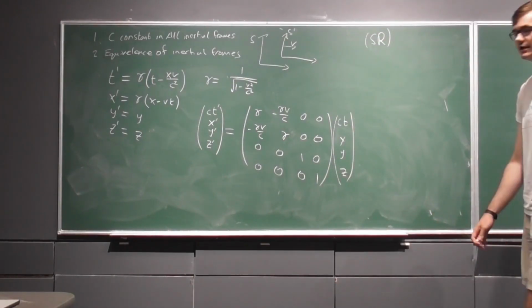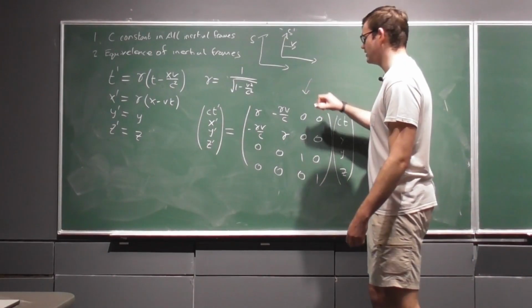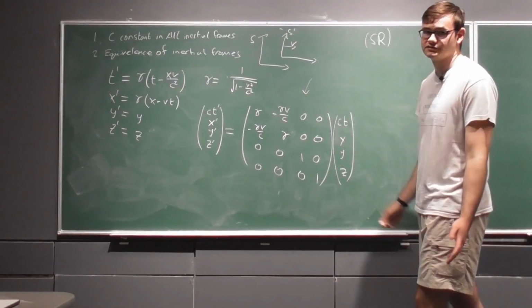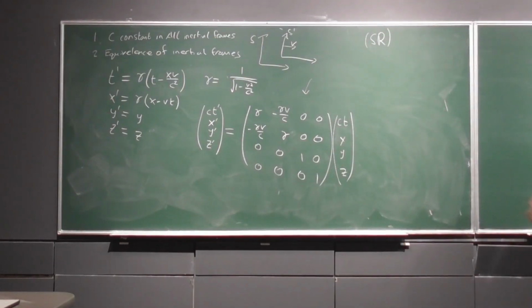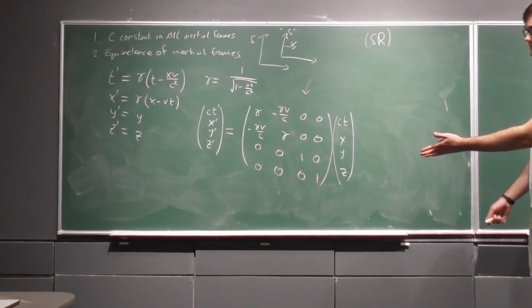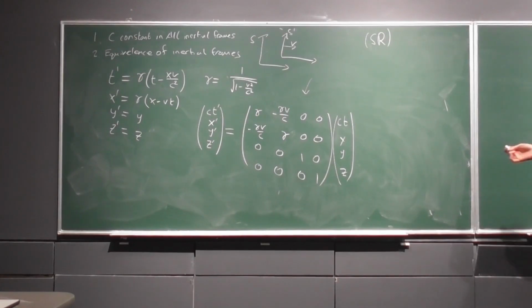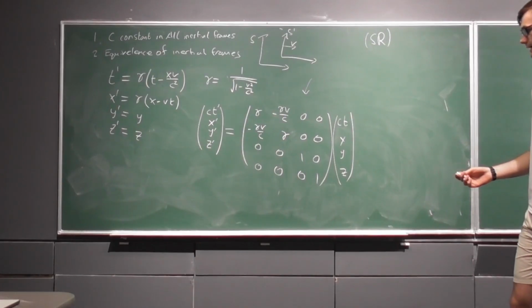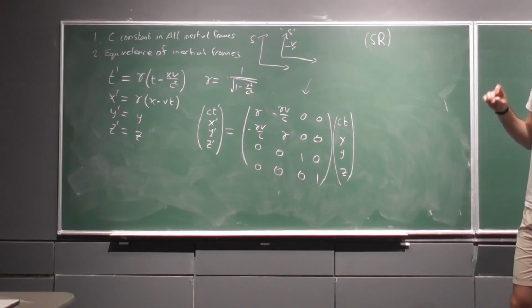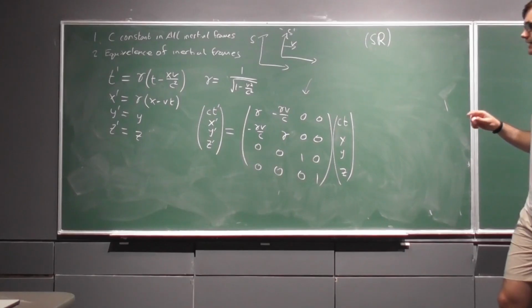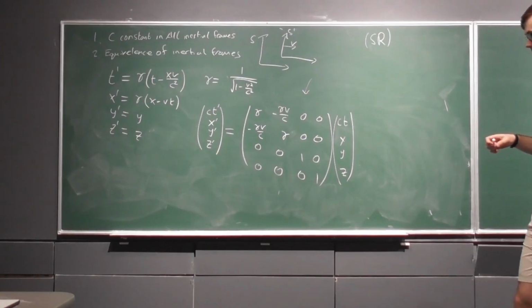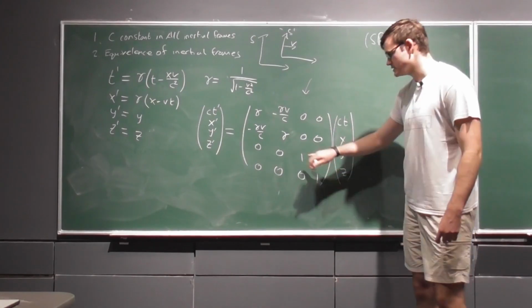So this is my transformation. Before, I had a matrix that did a rotation. Here now I have a matrix that performs a boost, so this is called a boost matrix. Now I'd like to write this in a similar way to how I wrote the rotation matrix, so that this becomes more similar. First, I'd like to notice one thing. If I try to calculate the determinant of this matrix,